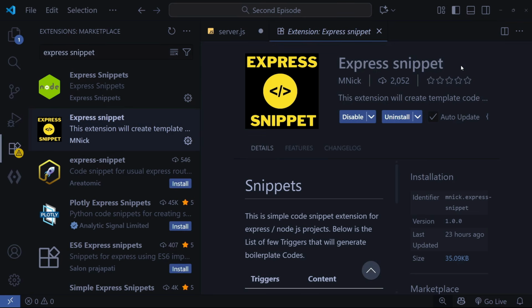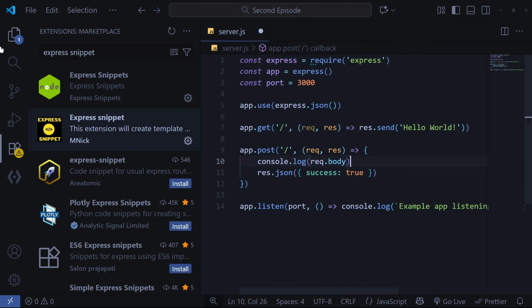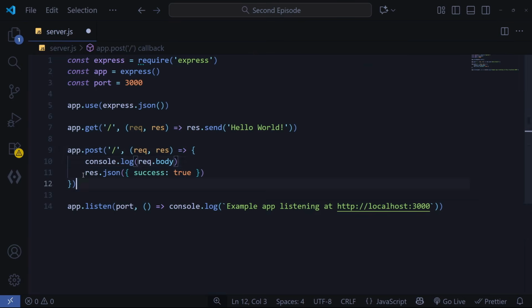If you cannot find this extension in the VS Code extension tab, then it will also be linked in the video description. So yeah, after this, I'm going to cut a few things here that I haven't taught,